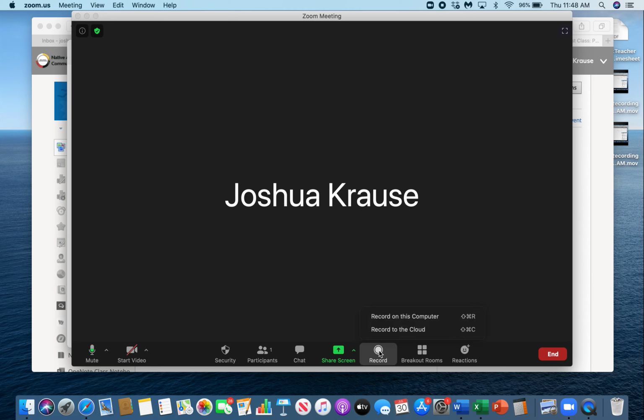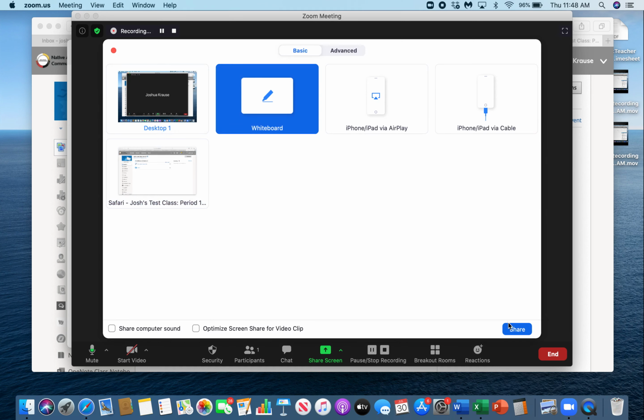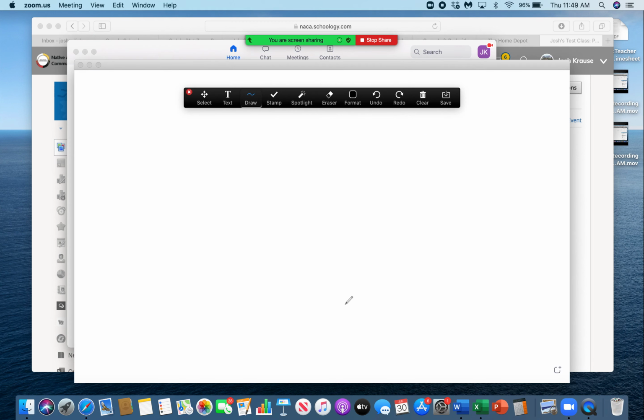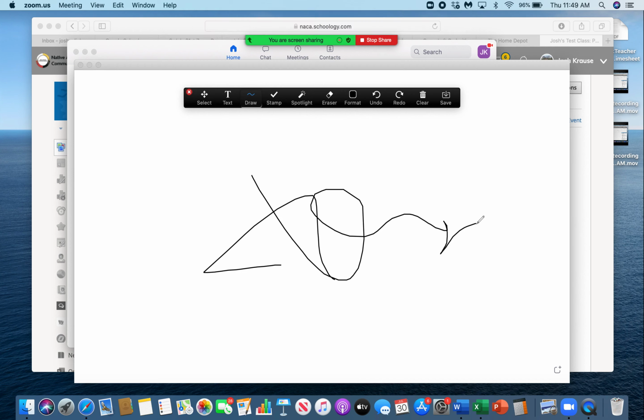So you're gonna hit record. You're gonna record on this computer. You are going to then hit share screen so you can pull up whatever you're gonna use to teach with. So I'm gonna pull up the whiteboard. And I am now recording, and you can see that by this little red flashing button here. And so I can just write up my math problem or whatever else I need to use for my